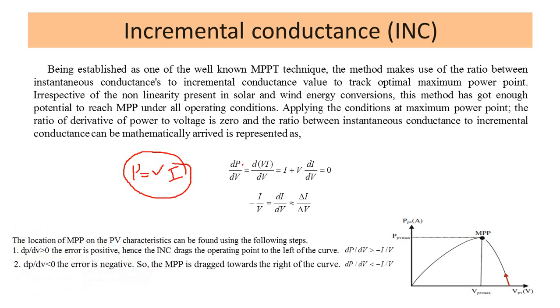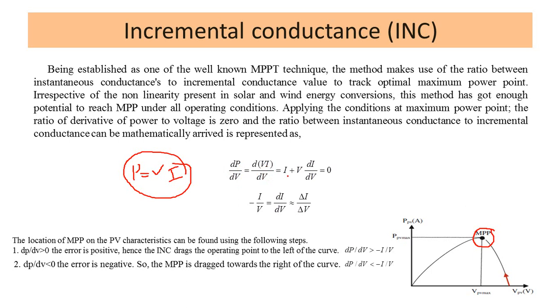Now we have dPV. Let this be the MPP on the PV characteristics, with its slope. In the slope, what do we do? At the MPP, the derivative is going to be 0 according to mathematics, that we know. So dP by dV, the derivative of power with respect to voltage, we set to 0. dP by dV is equal to d of V into I, where V and I is nothing but the power equation. Differentiation of power with respect to difference in voltage, that's what I am trying to mean. dP by dV is equal to d(V into I) divided by dV.